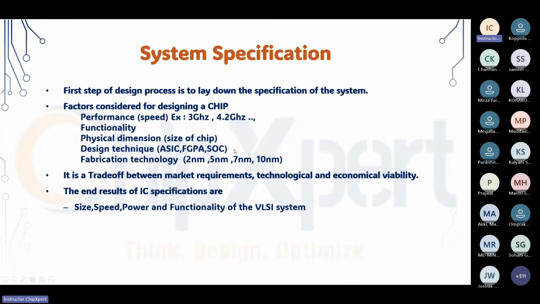ASIC is application specific integrated circuit. It is like you can use it only for certain applications. Let's say you wanted to design a chip for a car, it can be used only for that car sector. FPGA, you can think of it as a programmable chip. You can use hardware languages to redesign the chip to work for a particular application. How? Like let's say a lift works for 10 floors. The same lift will work for 5 floors also. You can use the chip for different functionalities.